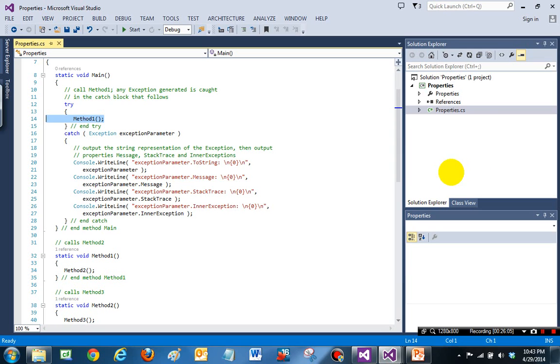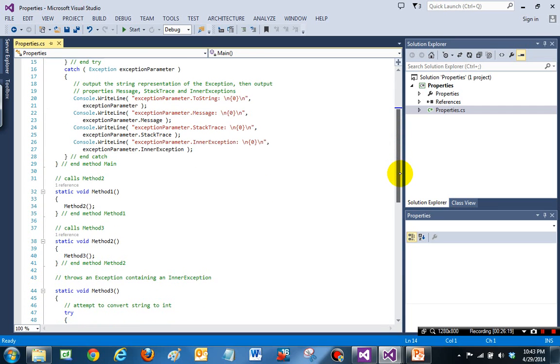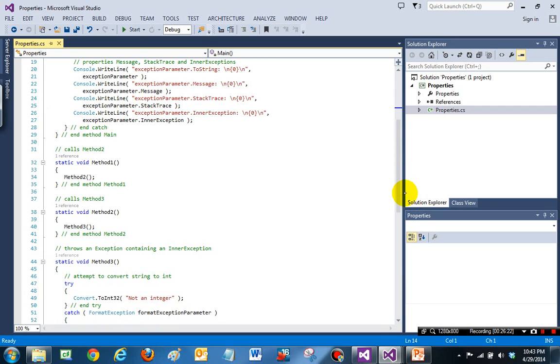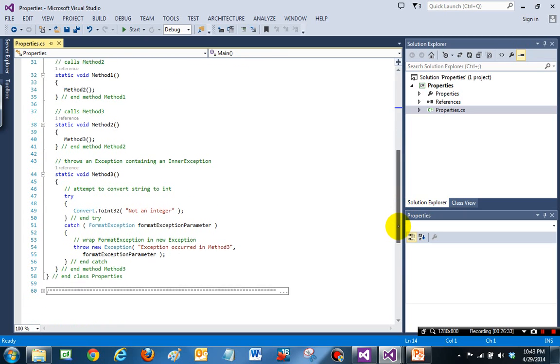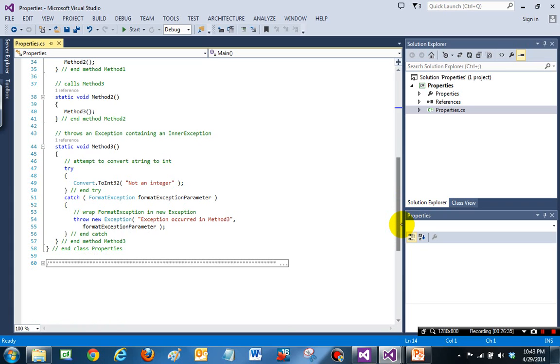Then in the catch block we display the exception converted to string, its message, its stack trace and its inner exception object. Then we build the sequence of caller methods. So method 1 calls method 2, method 2 calls method 3, and finally in method 3 on line 49 we actually throw the original exception, which is a format exception, and